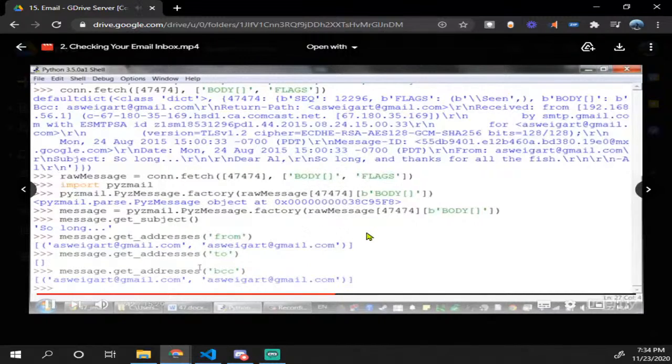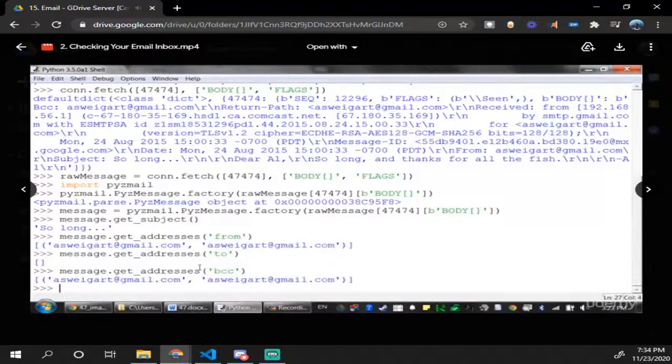The fact that you can send text emails, which are just plain text, or HTML emails. If you've ever received an email and it had colorful text or different fonts or images embedded inside of it,